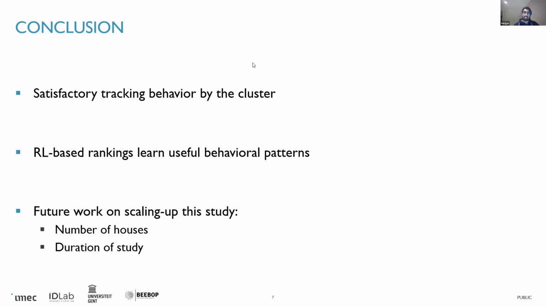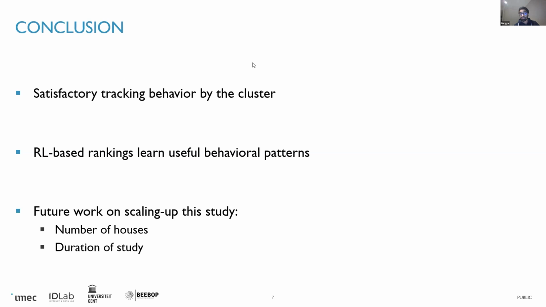And the second important thing was that the RL based rankings that we were coming up with had useful behavioral patterns, where we could clearly see that the Q networks were learning about the set points that the users had set. And so the rankings that we got were in some way reflecting how these set points would evolve in the future. This was important because through this we were able to demonstrate that this proof of study is working, and so now we can try and scale up the study